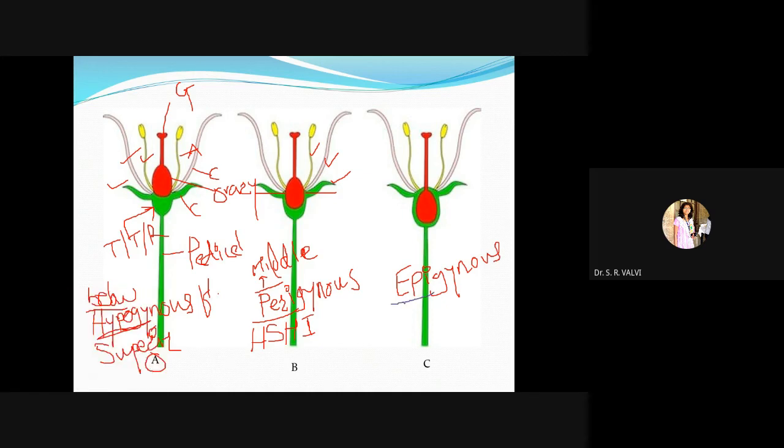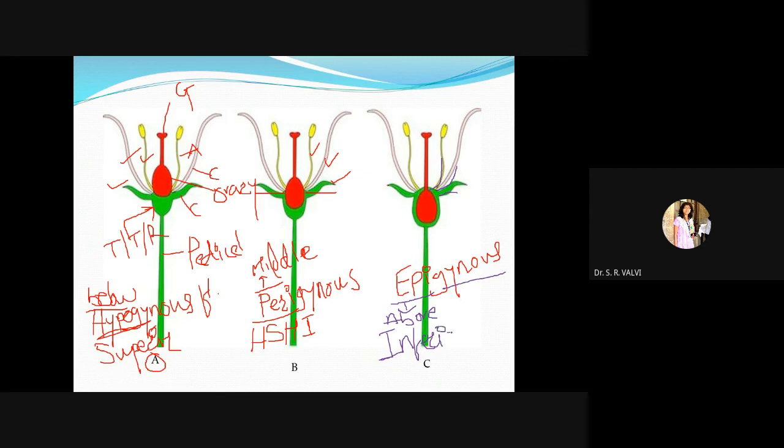Epi means above. Okay. So please do remember these meanings even. Epi means above. So compulsorily on the gynoecium, on the ovary, you have to draw the rest of the floral whorls. Right? So here, clear cut, you will get from the above all these stamens, these are the petals and this is the calyx. There arises. Right? And here the ovary condition is inferior. See, ovary condition is what? Inferior.